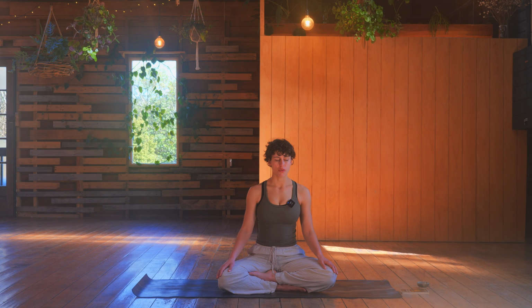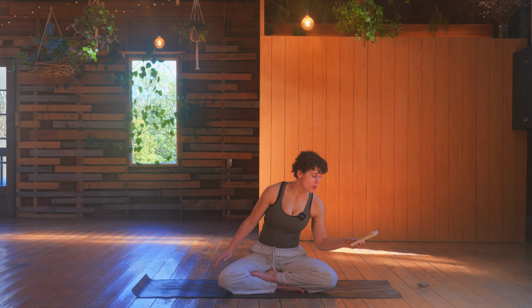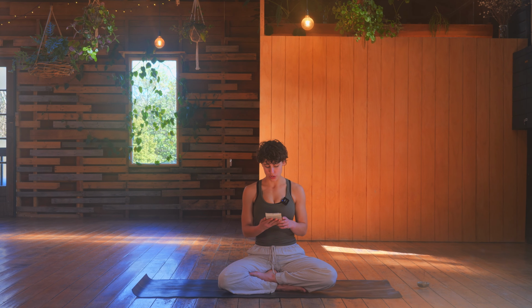And before we finish our practice, I wanted to read this quote from a book I'm reading at the moment called Journal of a Solitude. And it reads,